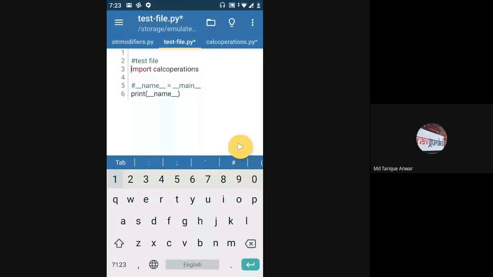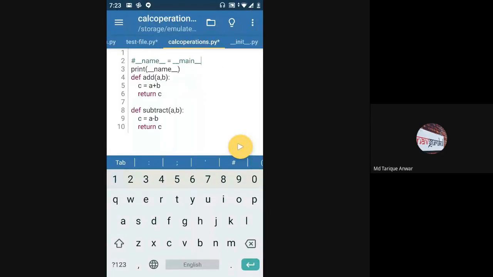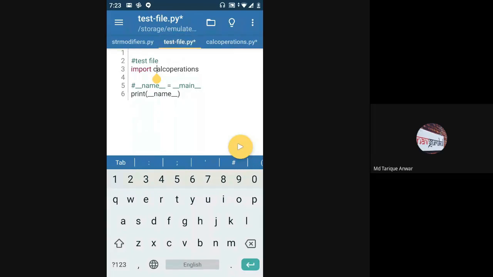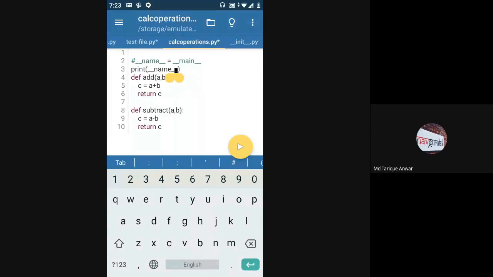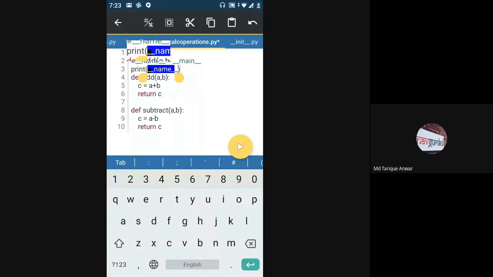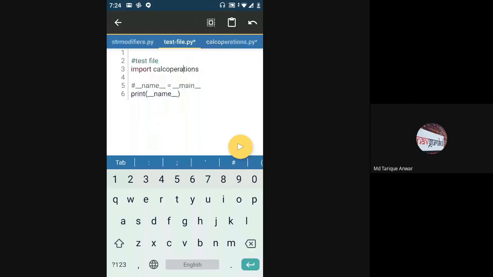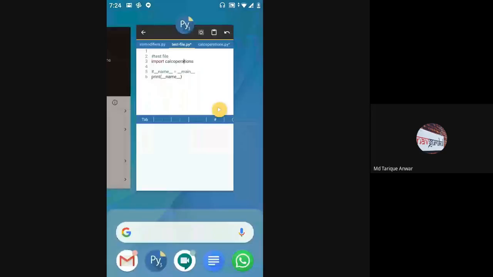So in this case, since I'm importing calc operations, the __name__ variable in calc operations will hold the module name of that particular file. Whatever is the module name of that file will be held inside this __name__ that gets imported. Okay, is this clear, everyone?